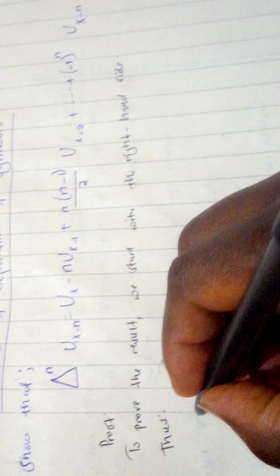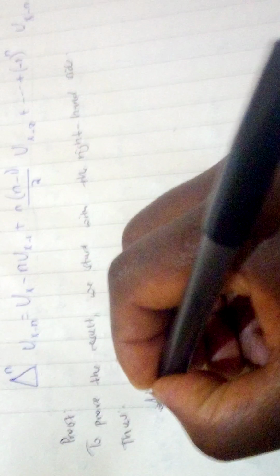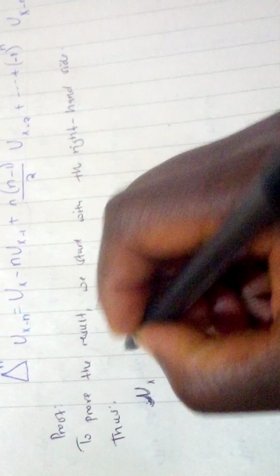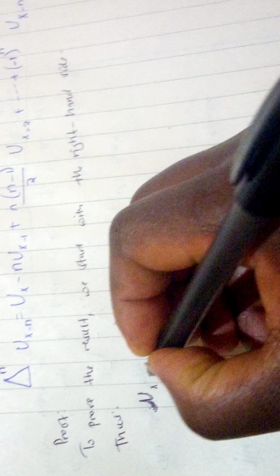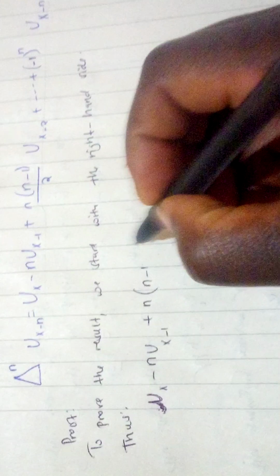We have u(x), this is not an averaging, it is just a functional value, minus n u(x minus 1), plus n(n minus 1) divided by 2, u(x minus 2), plus negative 1 to power n,